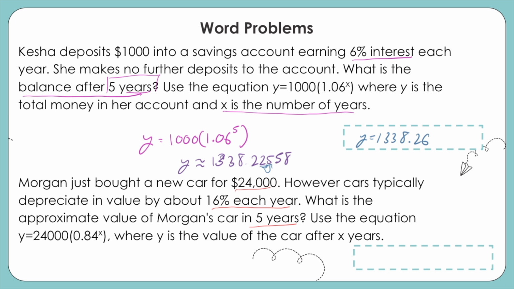car after x years. So again, we're going to substitute in, and again, I'm going to recommend that you use your calculator. So we've got y is equal to 24,000 times 0.84 raised to the x power, and we know that it's going to be years. In this case, again, is going to be 5. So we're going to type that into our Desmos calculator, and we get y is going to be equal to $10,037